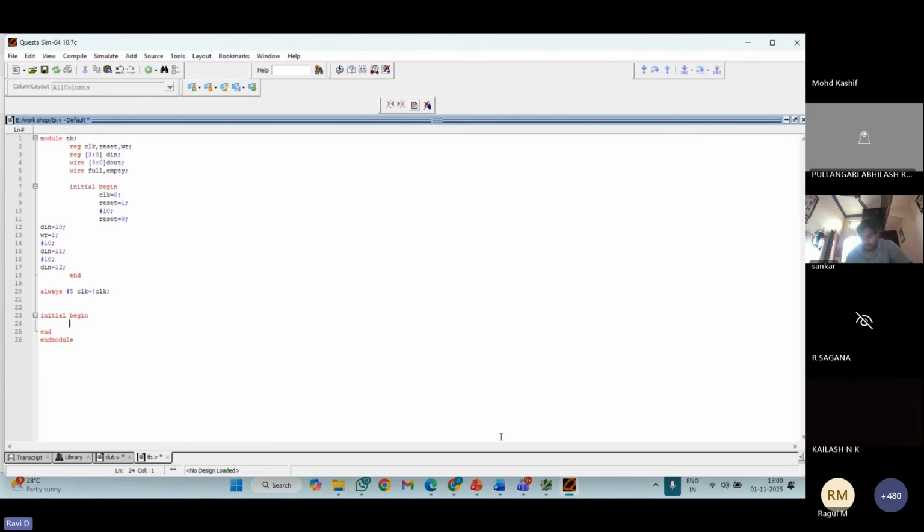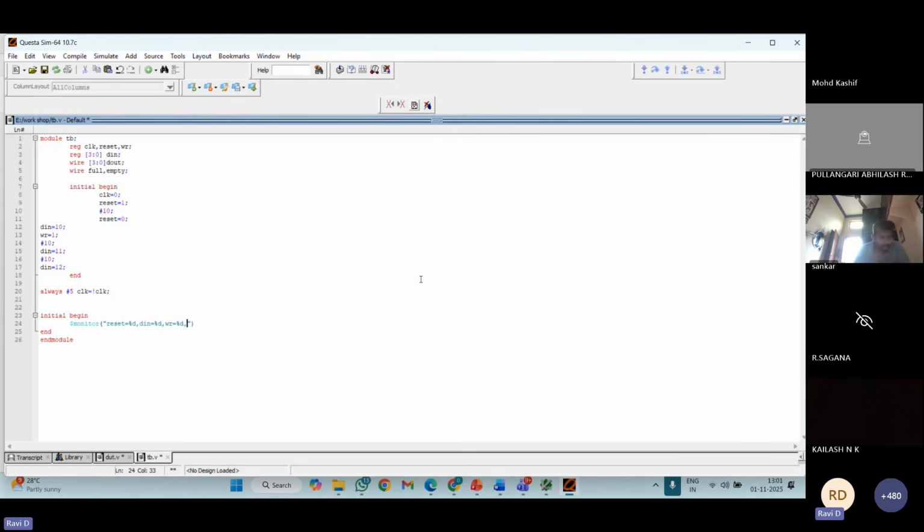Okay. So before finishing my simulation, before stopping my design simulation, I want to check. I want to see the values that have been generated. For that we are going to write $monitor. So I want to see reset and DIN input. I want to monitor these values, and what output we are getting for that. For that, we are going to write all the signals to see that.